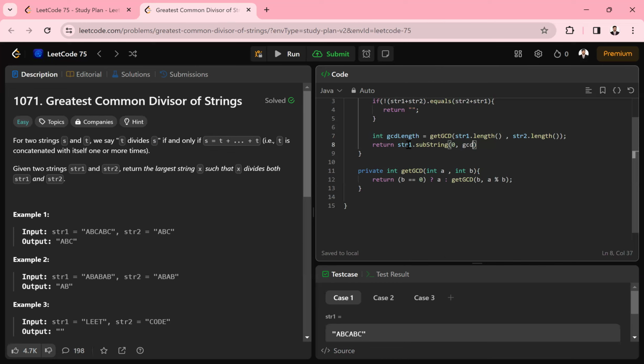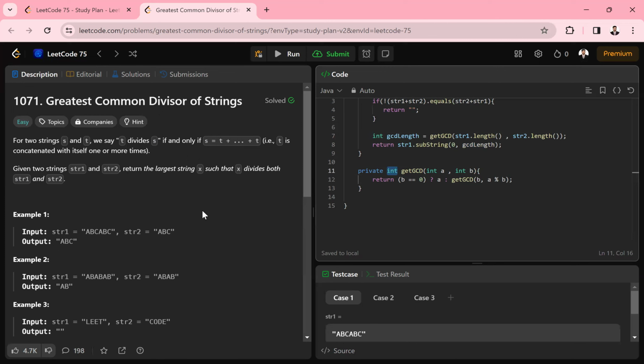We already found the length, the gcd length. So this substring will give us the string from 0 to the ending index, whatever it returns from here.